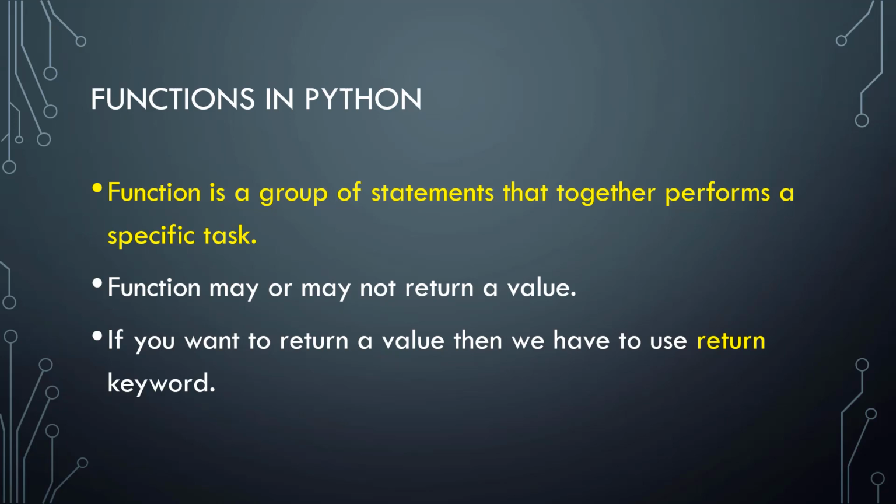After passing values through parameters or arguments to the function, it might return a value or might not return a value. That depends upon the logic that you want to implement. It depends upon our requirement whether we go for returning or skipping the return value. It's your wish. If you want to return a value, then we have to use the return keyword in the function. Even though I wrote the return keyword, I might not return any value. This might also happen in Python.